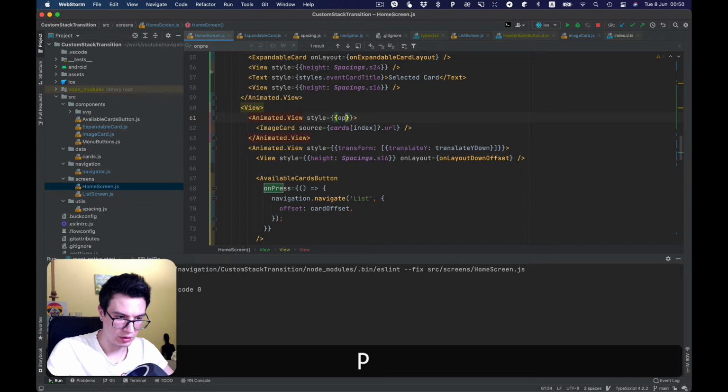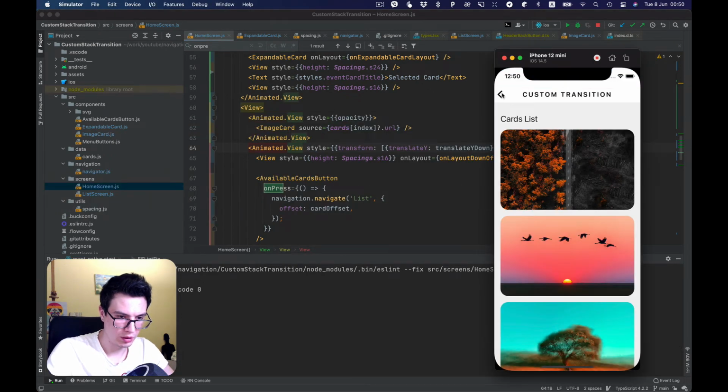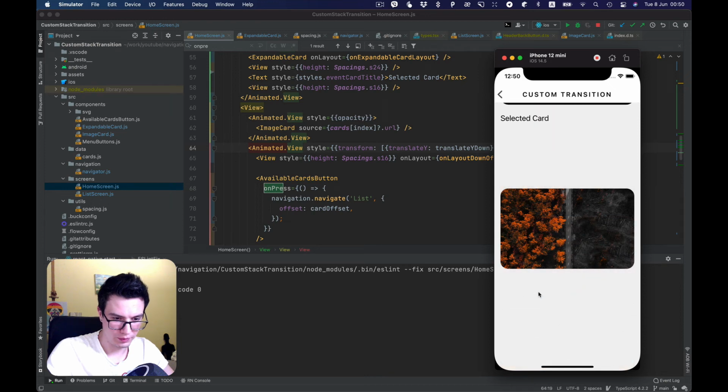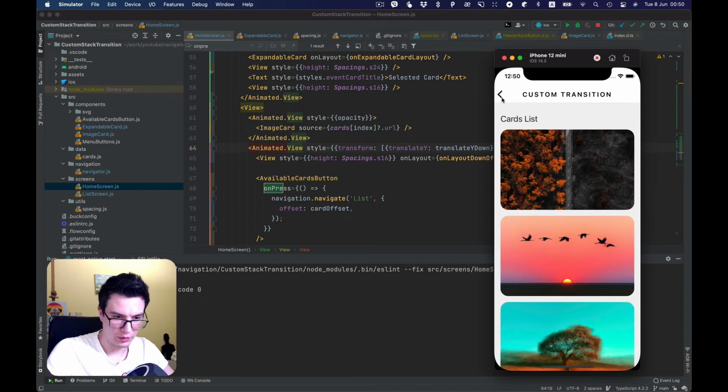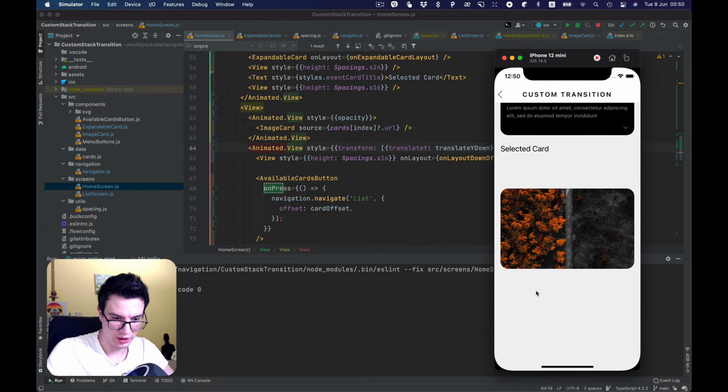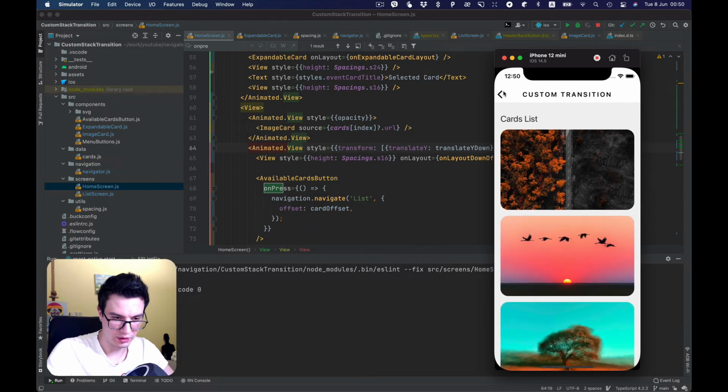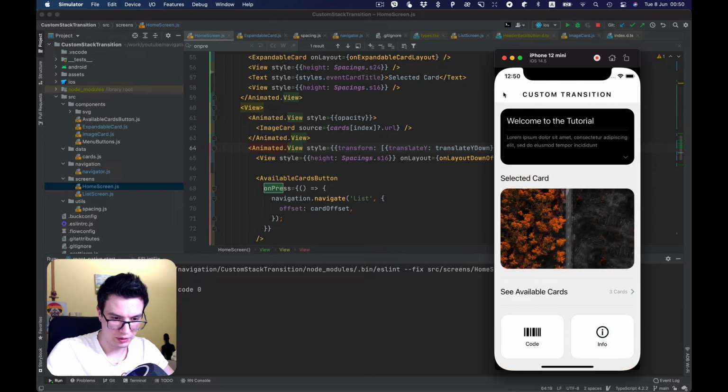So style, opacity, and you see now it's nicely translating in the one direction. Back is not good yet, but